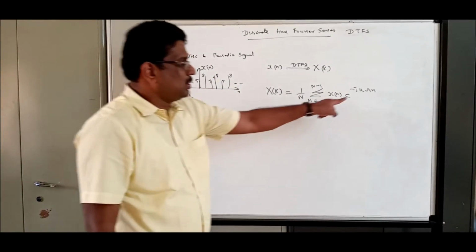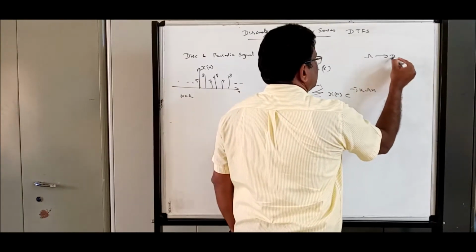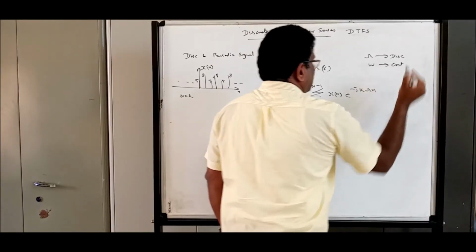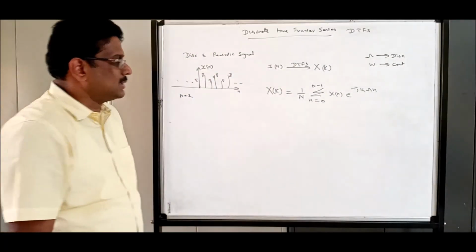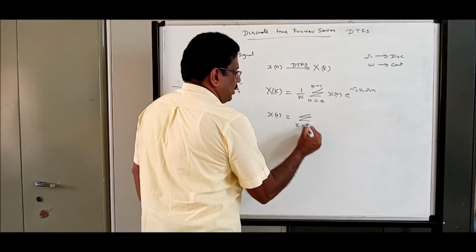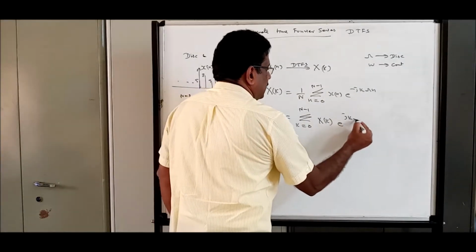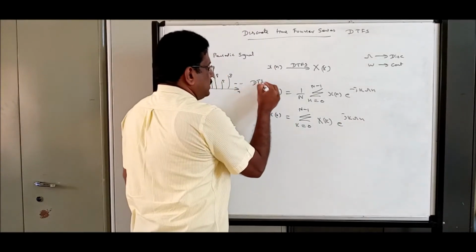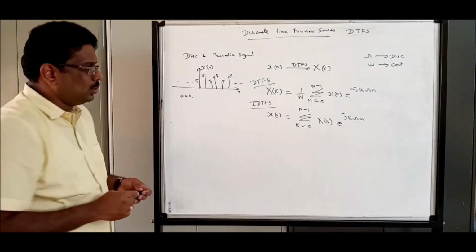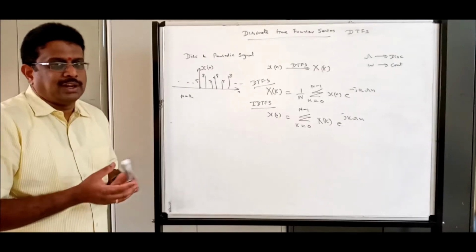And remember, who is this omega? You should know it is the discrete angular frequency. Very long back I discussed this discrete angular frequency. This is nothing but the continuous angular frequency we discussed in the periodicity itself. So how to find x of n? Summation k equal to 0 to N minus 1 x of k e power j k omega n. This is your DTFS, this is your IDTFS. Using these two formulas, we can do some problems to convert time domain to frequency domain.